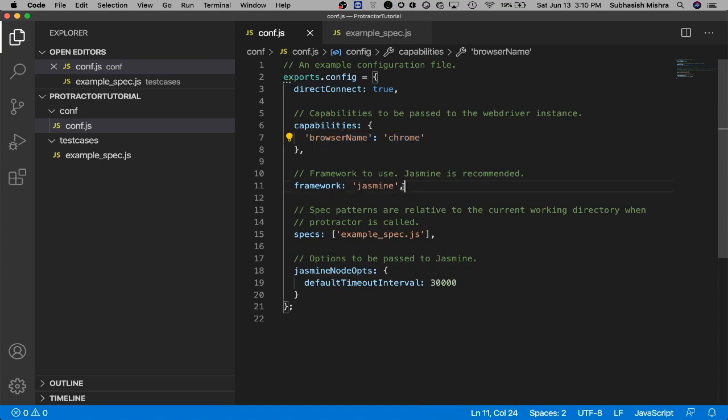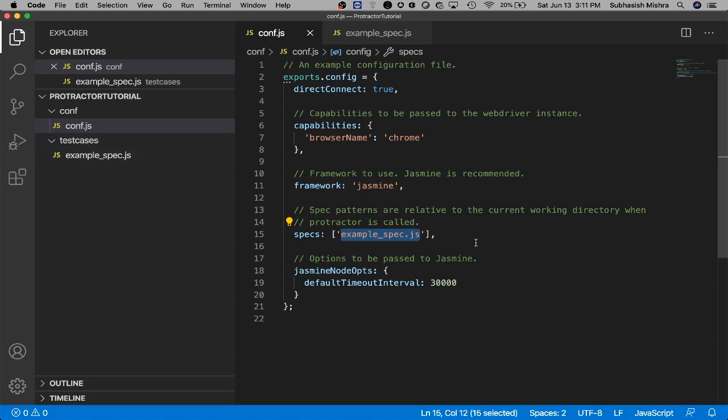We are seeing the framework as Jasmine. I have told you before, Jasmine is an open source testing framework for JavaScript, and by default it is installed in your system because you have already installed Protractor. Here you can see the spec, which is example underscore spec.js, which we have inside our test cases folder.